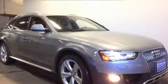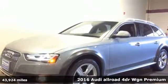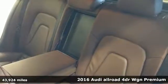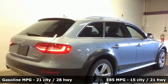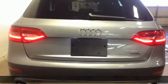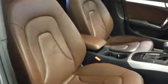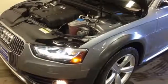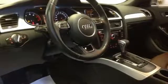Here's a 2016 Audi Allroad. It's a family-friendly wagon during the week, a trailblazing adventure machine on the weekend. Plus, it offers an exciting list of features: external memory control, dual-zone climate control, wireless phone connectivity, power sliding and tilting sunroof, turbo inline 4-cylinder engine, gas pressurized shocks, AM/FM satellite radio, leather bucket seats, 4-wheel drive, and power heated